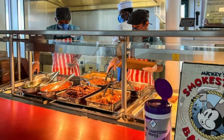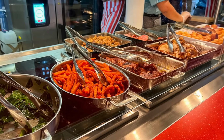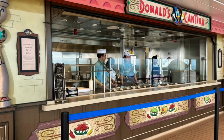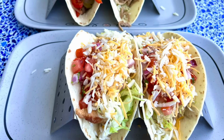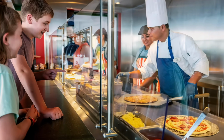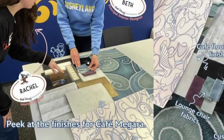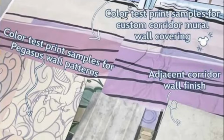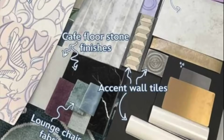And while you're up on the decks, they will have Mickey and Friends Festival of Foods. This is going to feature barbecue, Donald's Cantina. The tacos are actually really good, I've heard. Pizza at Daisy's Pizza Pies, Goofy's Grill, and Minnie's Delight. In addition to that, they will have 2 walk-up cafes. The Hercules-inspired Cafe Megara is where you can find coffee, tea, specialty beverages, and